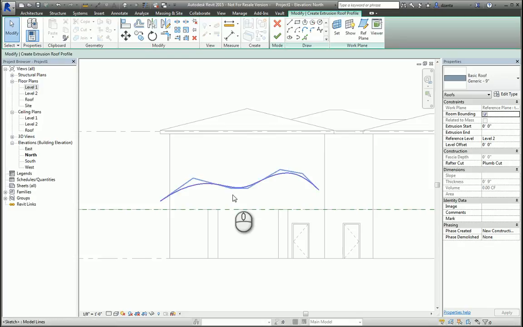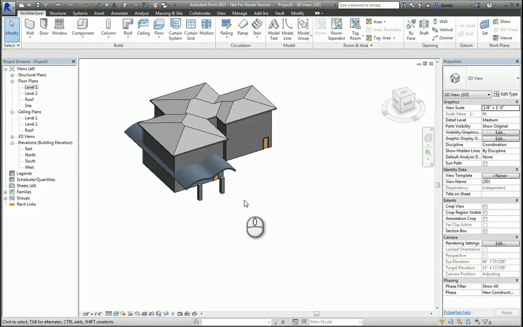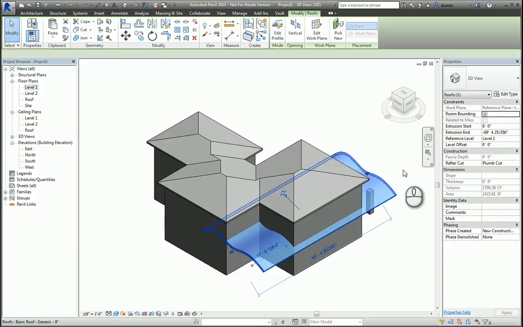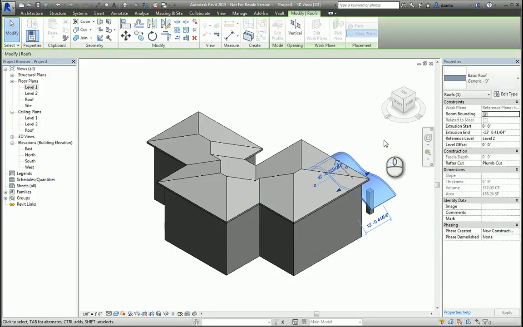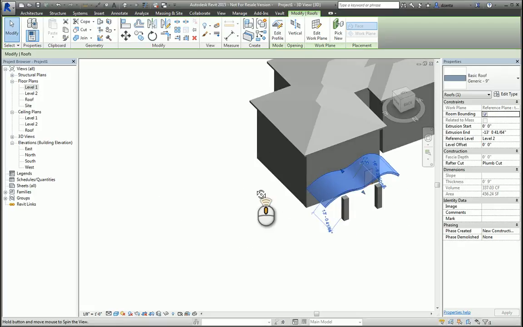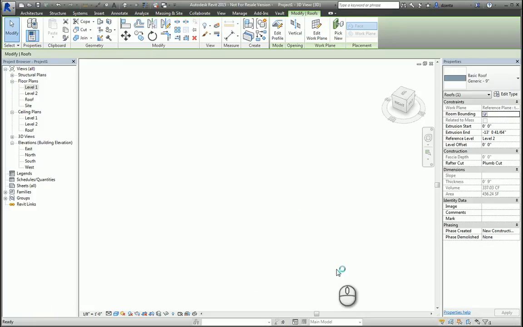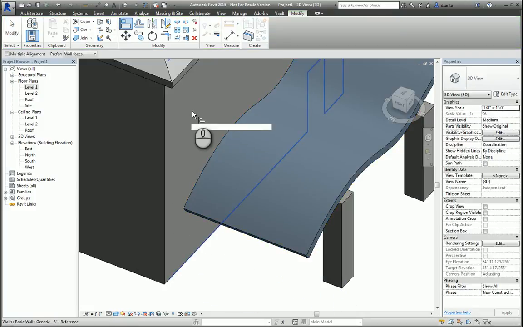If you know your extrusion start and end, you can type it in, or you can just hit the green check mark to finish the command. If we look at it in 3D, the software will automatically create the roof by extrusion and give it an arbitrary length. You can select it and pull these arrows and adjust the length accordingly. If you need to, you can take the align command